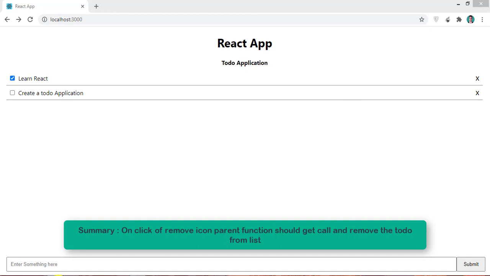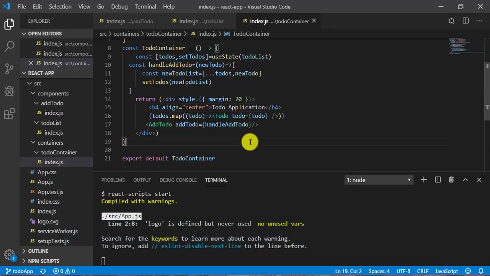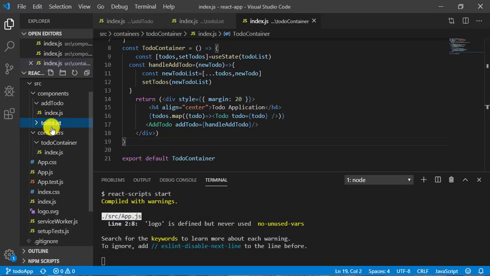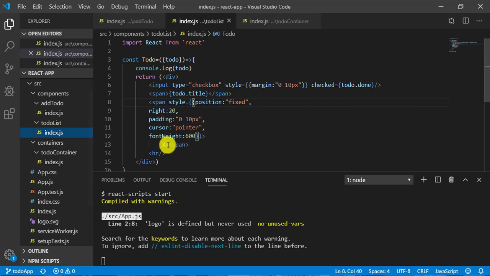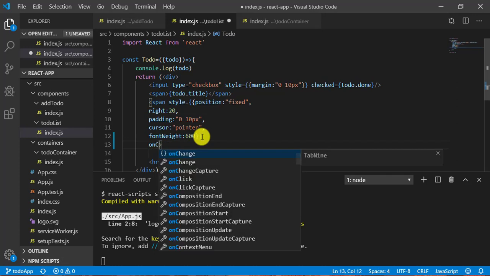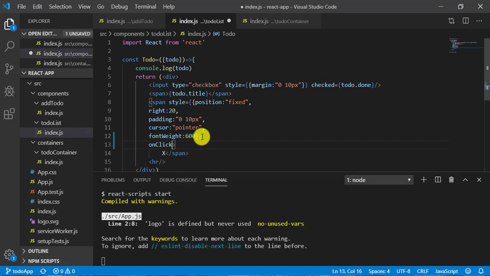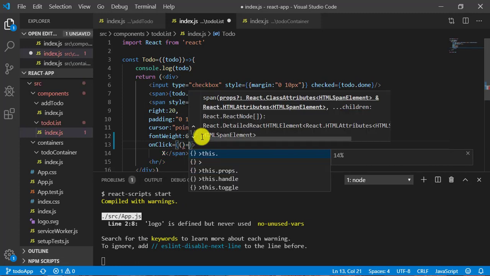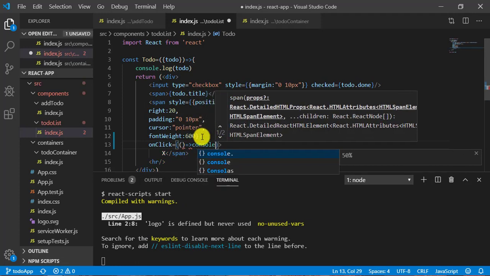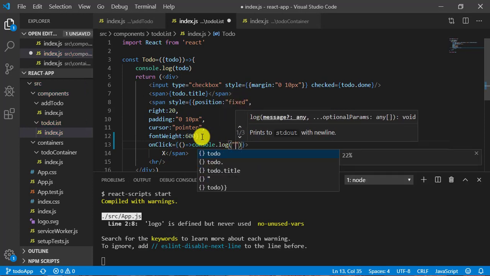So now let's come to the VS Code and the to-do list, and here you can see your icon. Now let's handle the onClick event here. So onClick, and here I can take an arrow function and do console.log and log something.